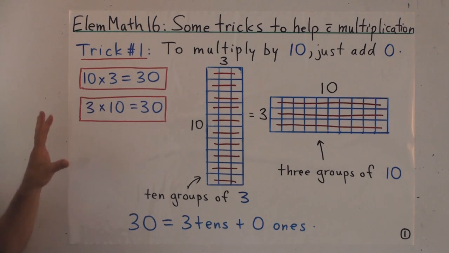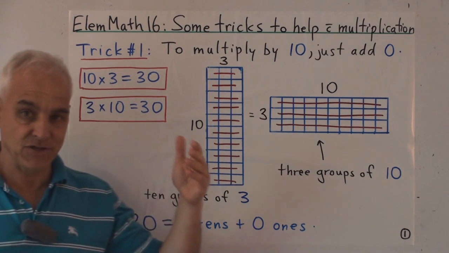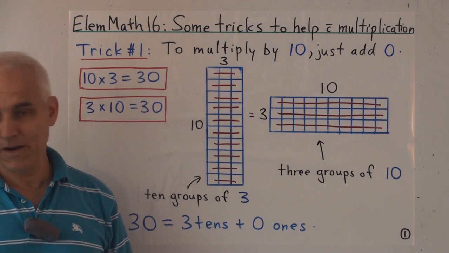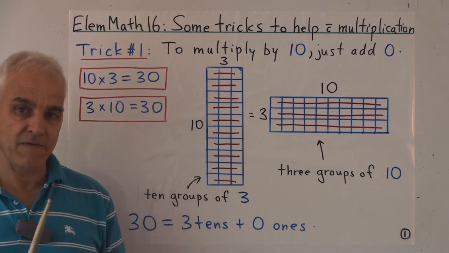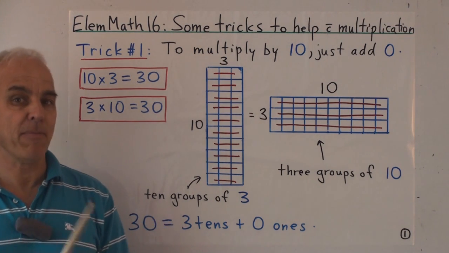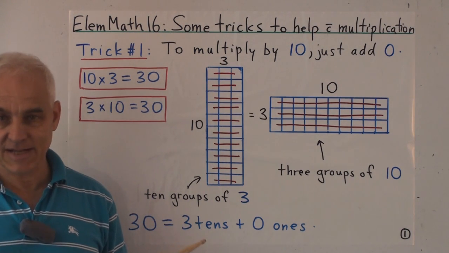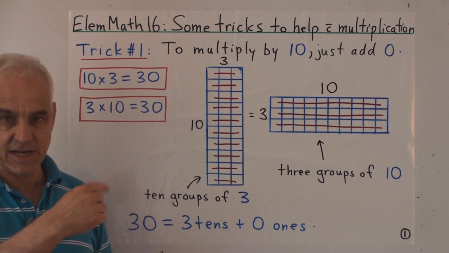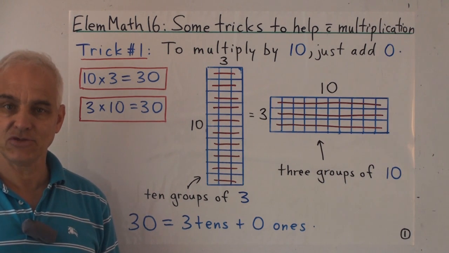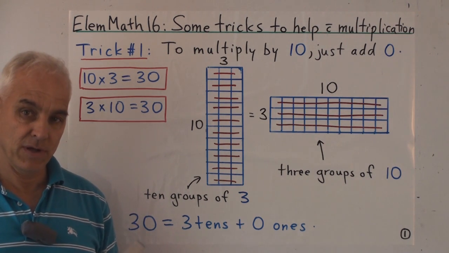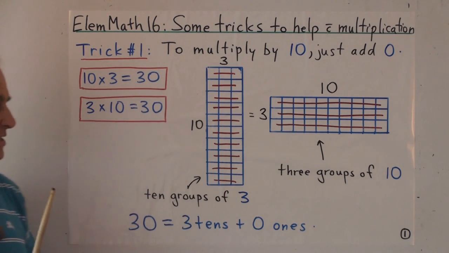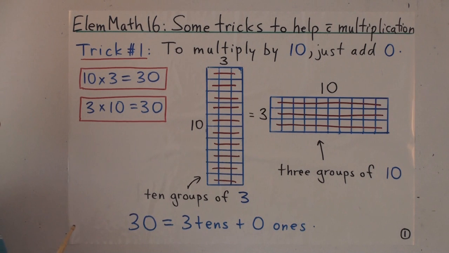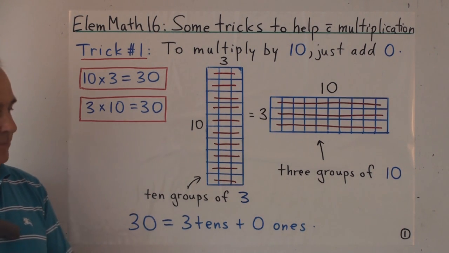Now you can check in the 10 by 10 multiplication table that that's always the case, but in fact it's a more general fact, as we'll see a little bit later, that whenever we multiply any number by 10, the same thing always happens. We just end up attaching an extra 0 to the right hand side. So the ones get shifted to the tens, the tens get shifted to the hundreds, and so on. That's another way of thinking about what's happening.